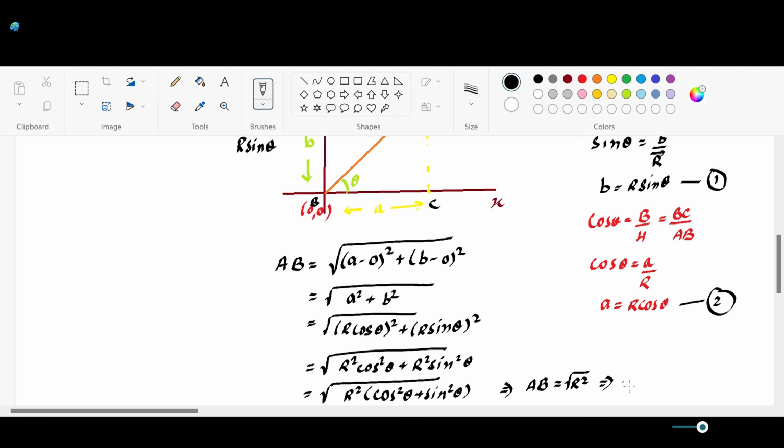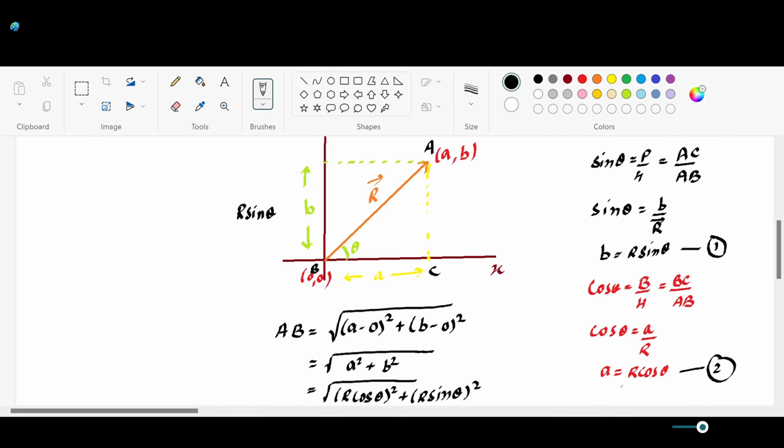So that's satisfied. Our components we can find: if you are given a vector r, you can split it into two components along the x-axis and y-axis. It's very important and crucial in case the given vector is not in the first quadrant. If it is given in the second, third or fourth quadrant, then you have to be a little careful. For example, if the vector is given somewhere here, this is our vector.